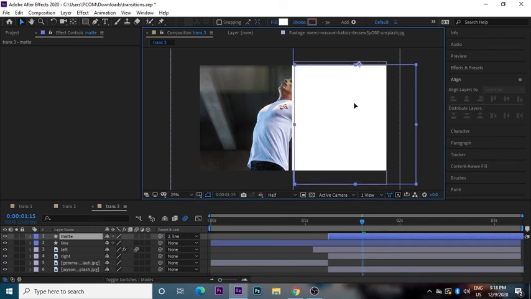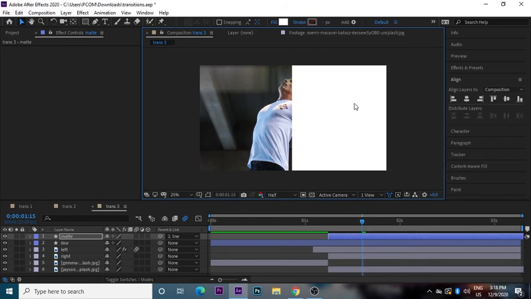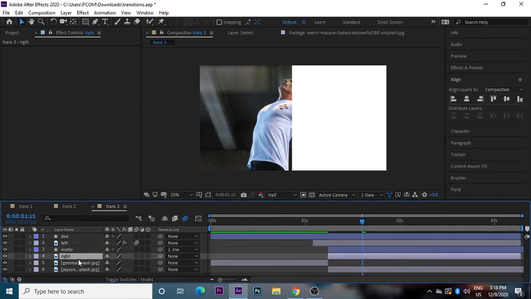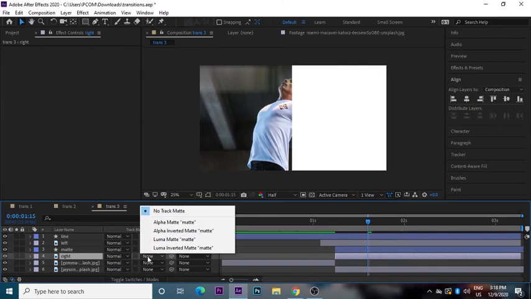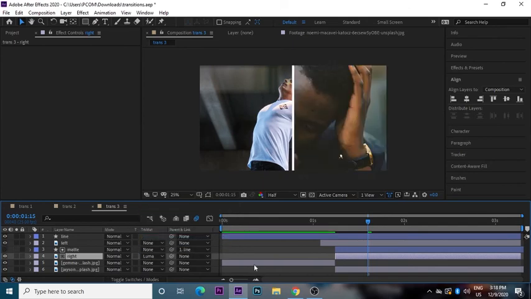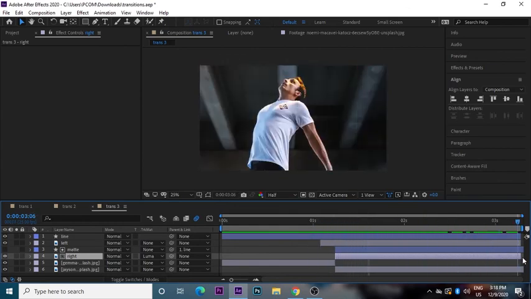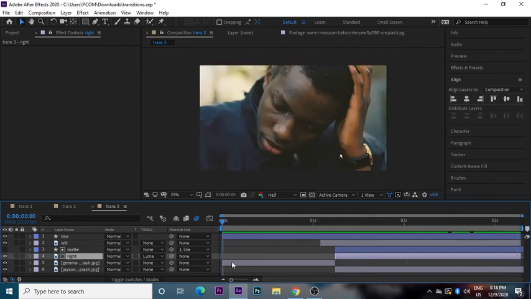Ctrl Shift H and something like this. Now make this matte situated above the right layer, and now press F4 and change the track matte of the right layer to the Luma matte. So now you will see the layer becomes invisible as the line just passes out.